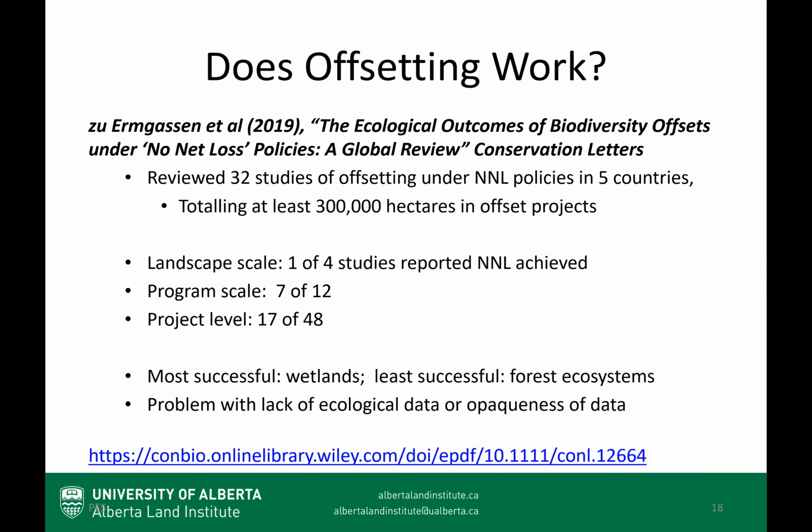The least successful was in establishing forest ecosystems, but there were a lot of provisos around that. In particular, these studies relied on reports from the studies themselves, that they assessed whether or not there was no net loss, and they did that not necessarily with consistent criteria or rigor. As well, for example, in the case of the forest ecosystems, there were only 4 studies available, and they were all in Australia, and so likely not very representative.